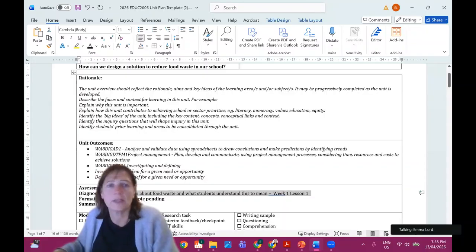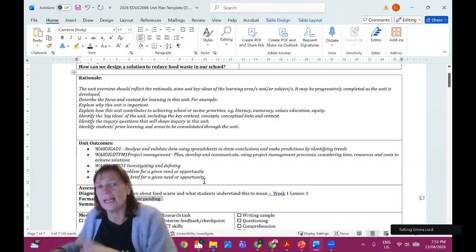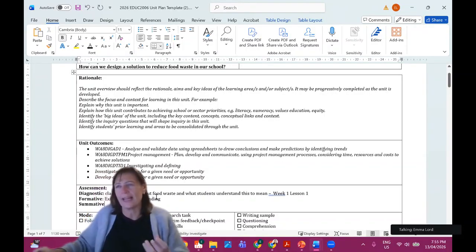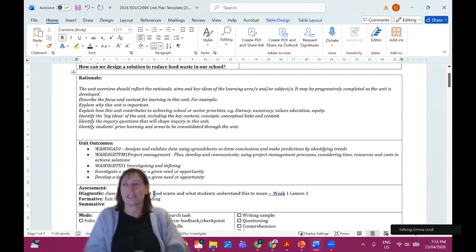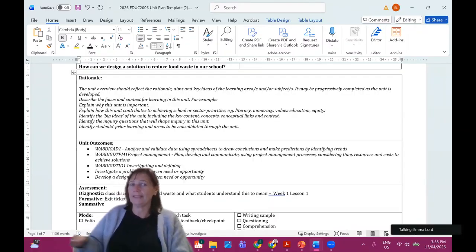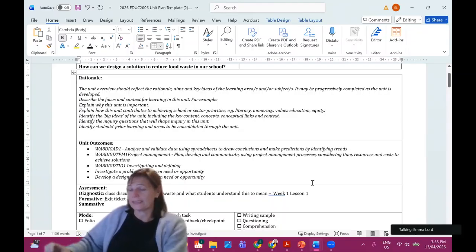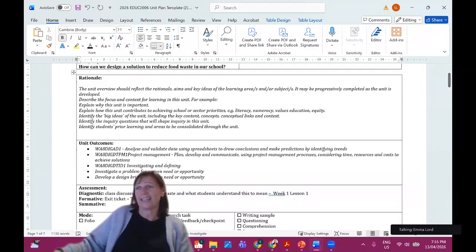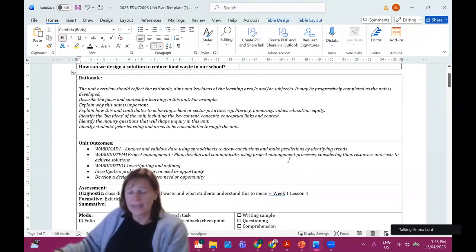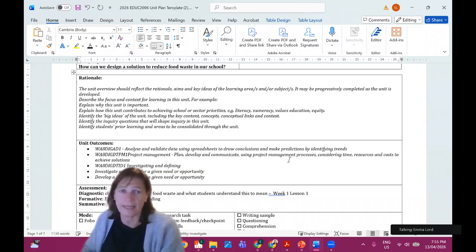So the assessments don't have to be explicit, like we're sitting down, we're doing a test, I'm going to give you a mark. Okay. They have to be explicit when you get to the summative one that they're doing in the end. Okay, so for me, this one is going to be, all right, if I was doing the full unit,